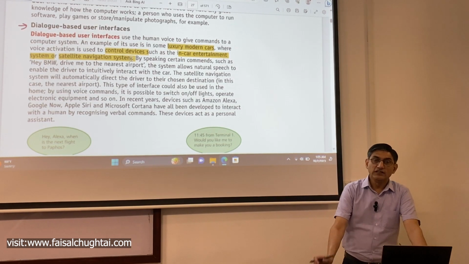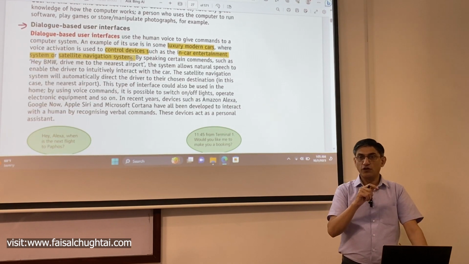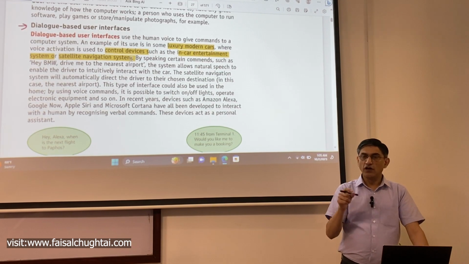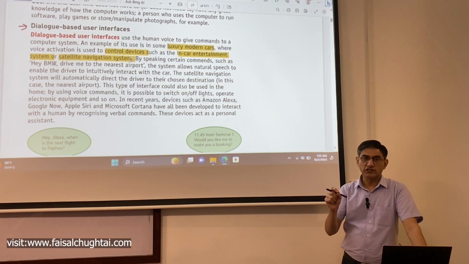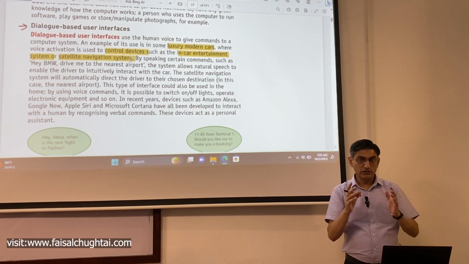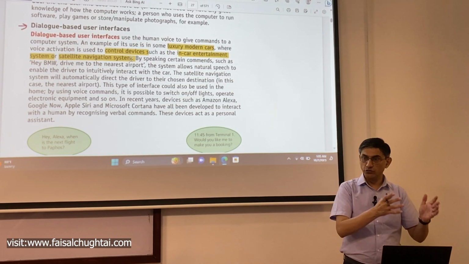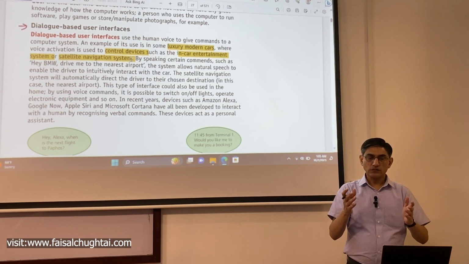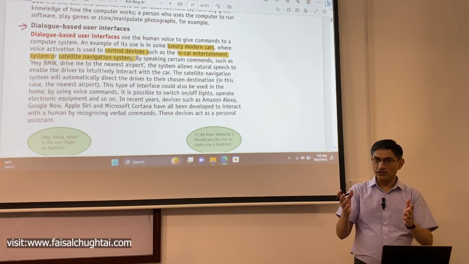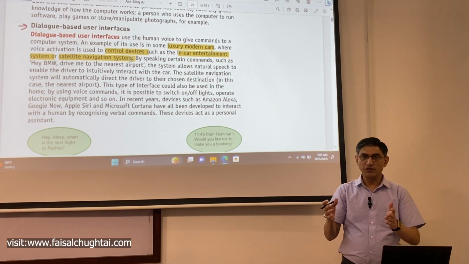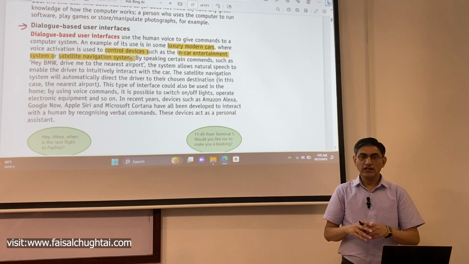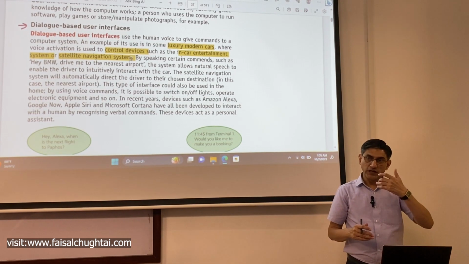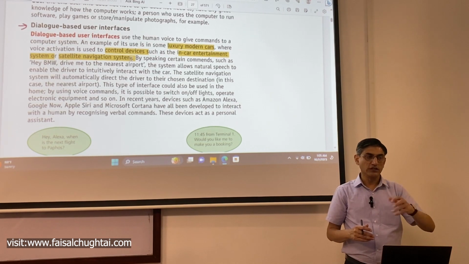Very good, excellent. This is exactly the point that I was looking for, and this is probably the most important of the benefits of being able to use a voice control system in a car. It does not distract you from the road. You would have noticed, and I think although you people are not the age where you might be driving cars, but you would have seen people driving cars, and to perform certain operations, the driver has to divert his or her attention